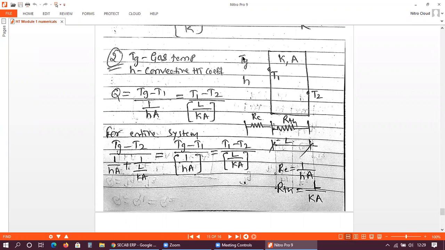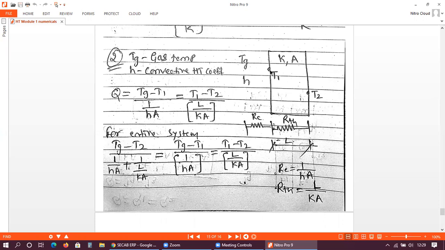So here Tg is the gas temperature and T1 is the surface temperature, and the resistance offered is the convective heat transfer resistance, 1 divided by HA. This is the convective mode of heat transfer taking place from the gas to the inner surface of the wall. Then, another mode of heat transfer: the temperature T1 has increased, right? Initially it had a certain temperature, but because of the exposure to the gas temperature Tg, the wall temperature will increase.